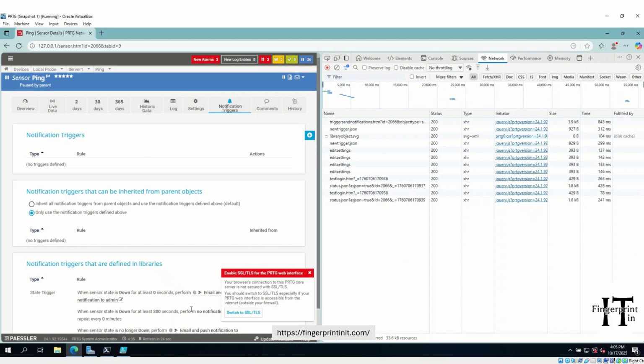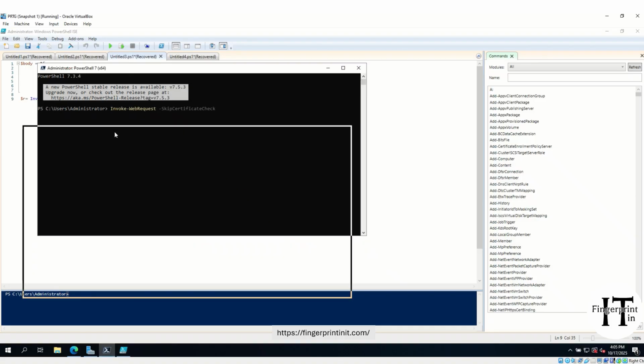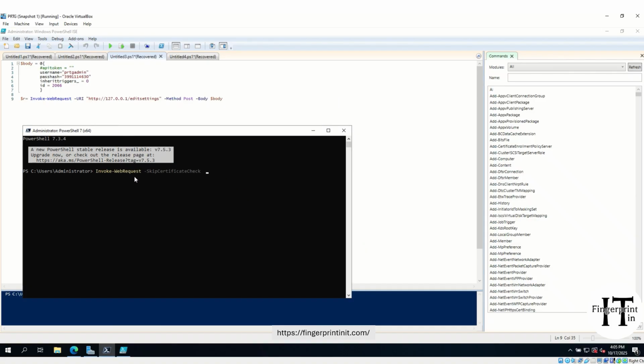One last thing to note here, that in this example of the PowerShell, I'm using the HTTP. So basically here I'm using the old version of PowerShell, which sometimes you might get errors if you are using HTTPS if you don't have a valid certificate on the URL. So in order to bypass this, if you don't have a certificate, you might require installing PowerShell 7. PowerShell 7 will allow you to have, along with the invoke web request call, something called the skip certificate check. So this will help you bypass that error in case you have faced this during your